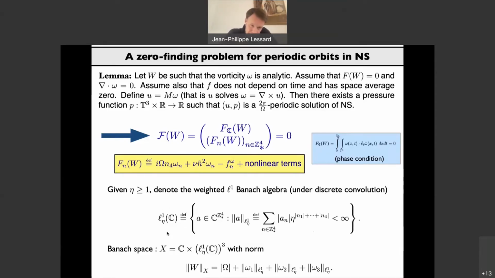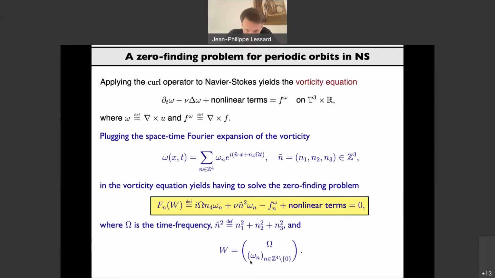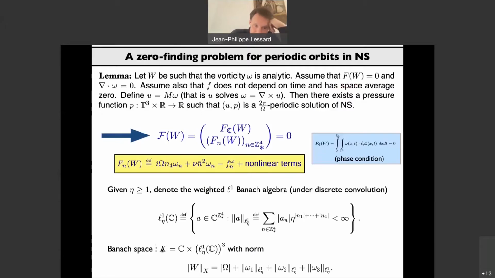That's for each component. Then the whole Banach space, because W incorporates the omega and the 3 components of the vorticity, is going to be C for the frequency cross 3 copies of weighted L1. The norm that we choose for W is the sum of the absolute value of the frequency plus the weighted L1 norm of each component of the vorticity. So that's our big Banach space. Now we have a map and our Banach space, and we chose that Banach space because it is